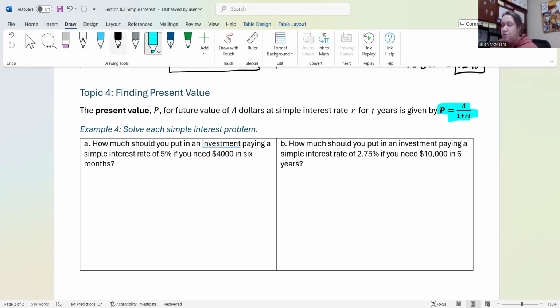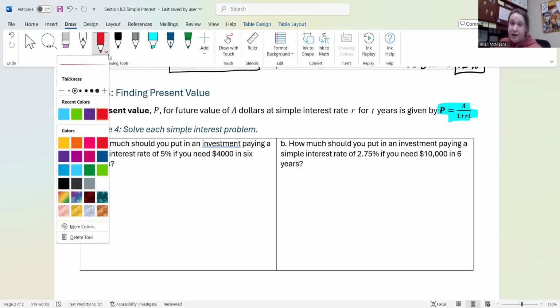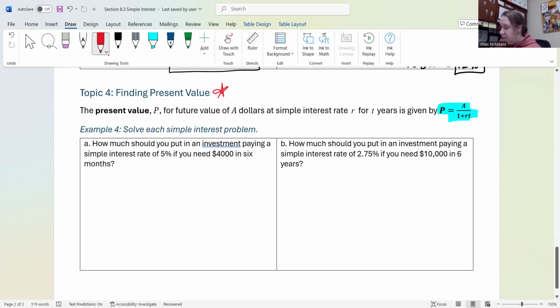Now, what's very important for you to understand: when you're calculating present value, you always have to round up. No matter what the answer is, we throw out all of the rounding rules and we always round up to the next cent or to the next dollar, depending on the situation. So I'm going to put a big note here, in red because red's real flashy. So we always round up